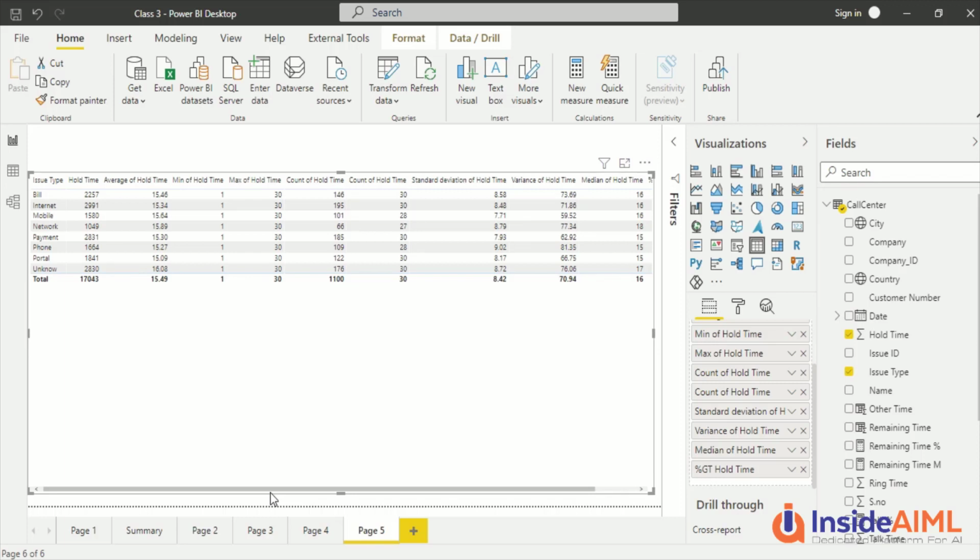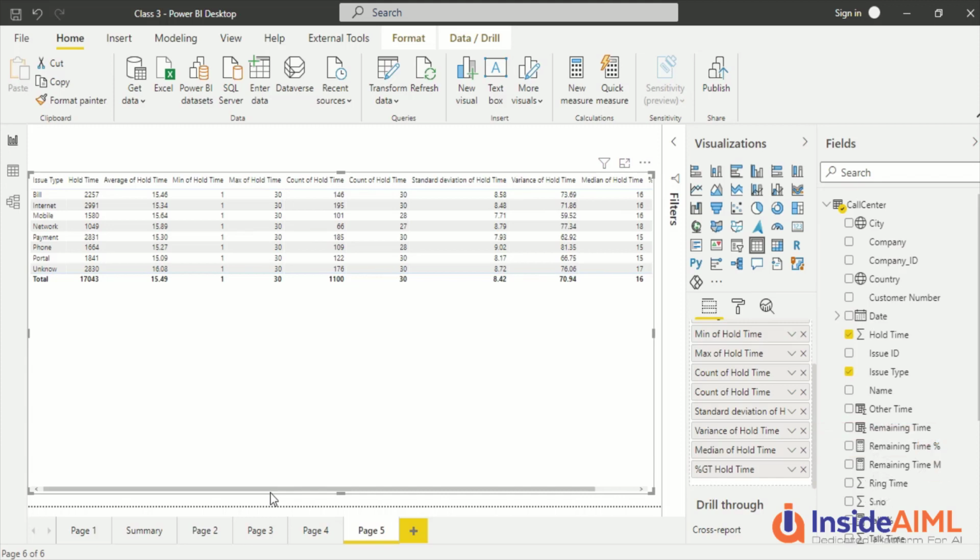So many different things with one particular column we are able to do. Now go ahead and try out this same thing with the ring time or talk time and see all what values you get. And you could have created images for these. I don't want to create so many images. So with a common summarization, I can create a measure. For the rest of the things, we can manage it by dragging the column again. These options are available when you have the base column. You can go ahead and try it out. This is a numeric column, so you have more options with the text columns.